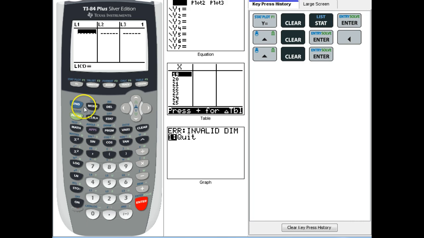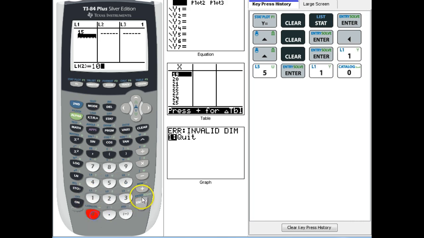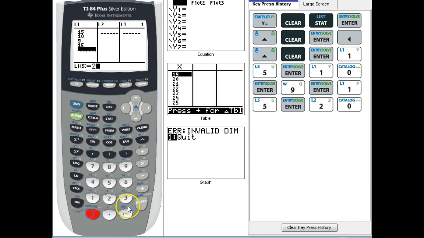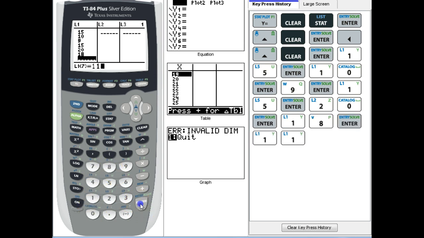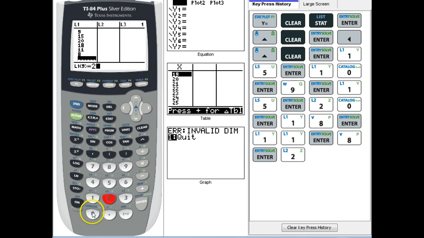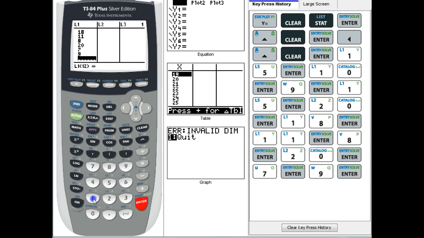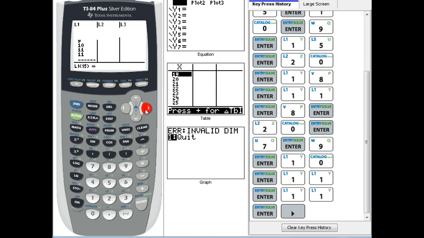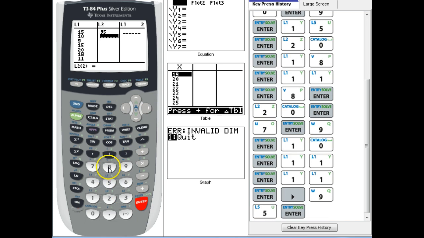So go ahead and type in the data from table 4, which is 15, 10, 9, 15, 20, 18, 11, 8, 20, 7, 9, 10, 11, and 11. And then we'll scroll over to our L2 and type in our Y values, 95, 83,